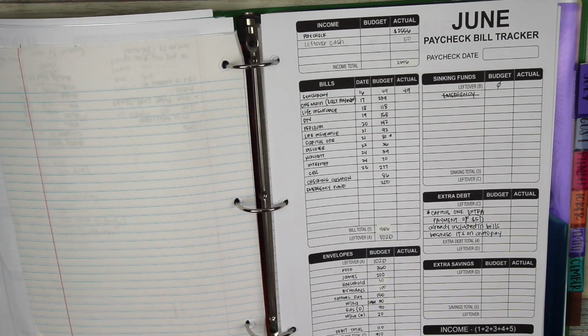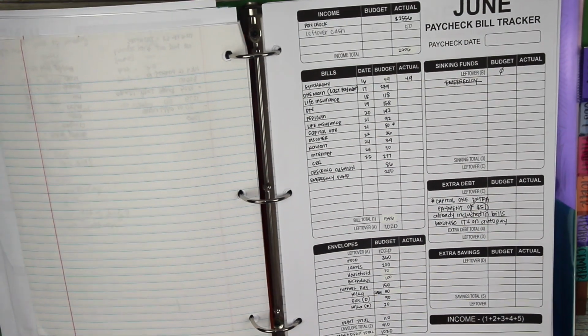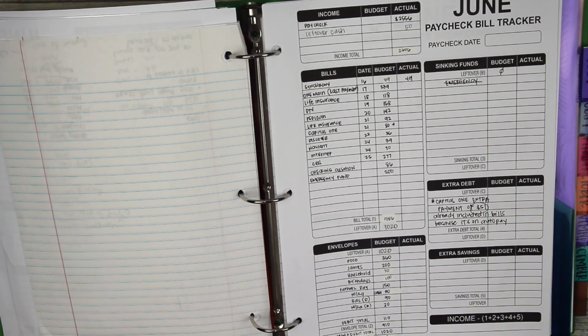I've never really budgeted this way before. I used to try to budget the whole entire month, but going from paycheck to paycheck, I think it just helps you break down your expenses a little bit better. I don't know if that makes sense, but